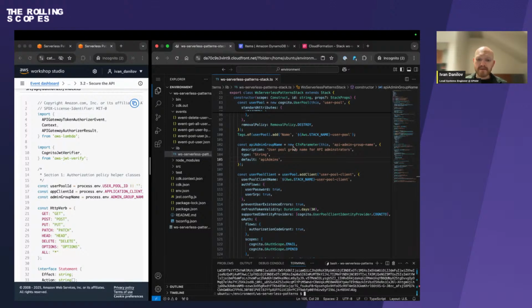It is the flow when your request to API Gateway is being intercepted by the Lambda authorizer. The Lambda authorizer will check the request for